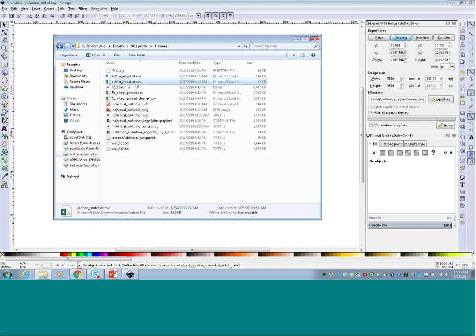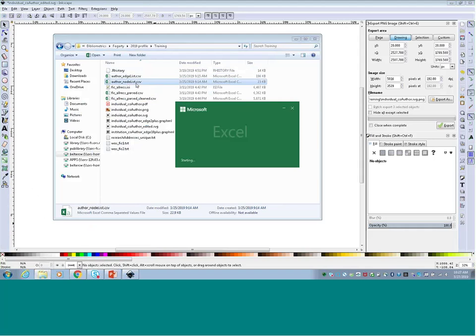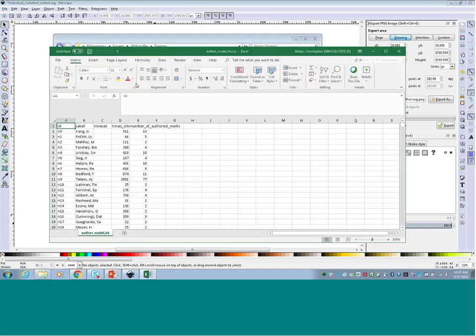I'm going to start with the node list because I'm going to start with adding a legend based on the number of publications by each author. So I'm going to open that up, and then sort this by the number of authored works, so I've got a sense for who has the most publications and so on. I'll sort that largest to smallest. So I know Boud C has the most authored works with 95. That's going to be the largest circle in my legend.